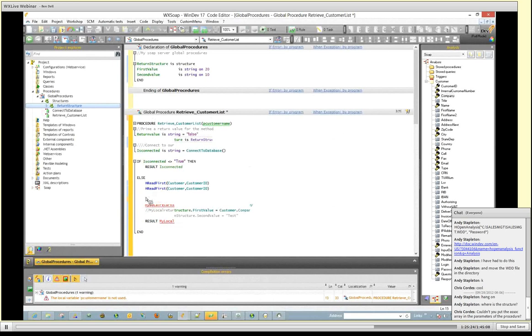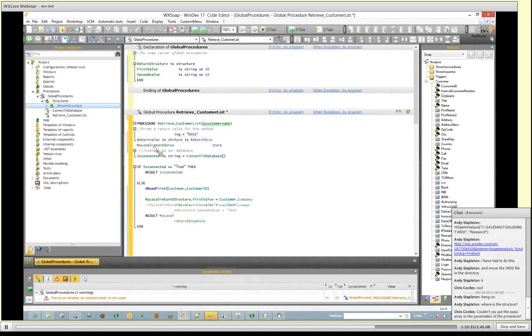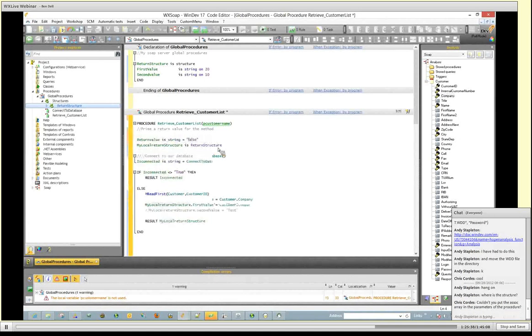There's no associative array here. You just have a structure. Yeah, we've just got a normal structure, and then we create a local structure based on that structure. And then what we do is we're filling that local structure, and if we do a filling of the local structure without reference to the database,